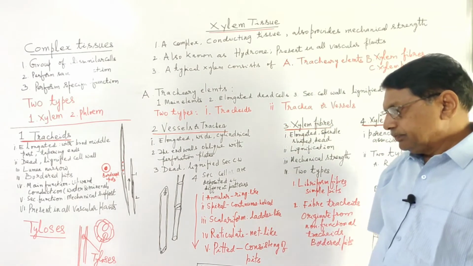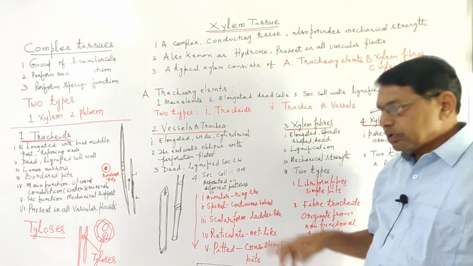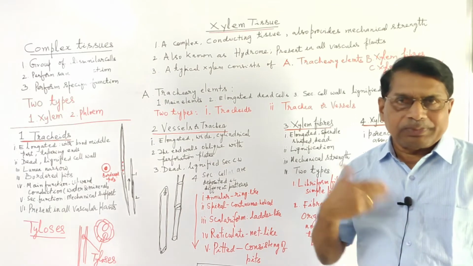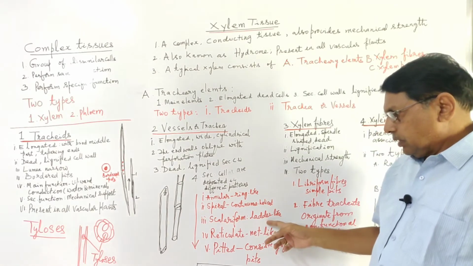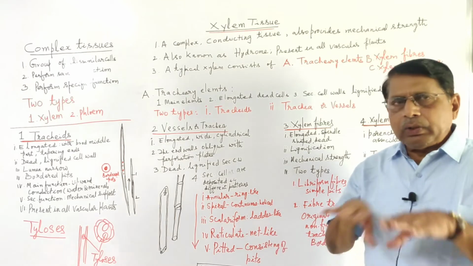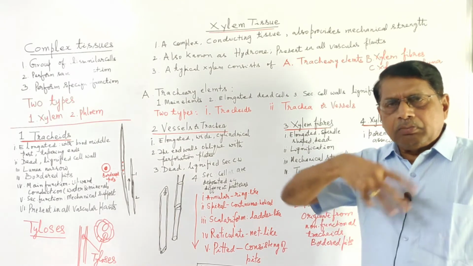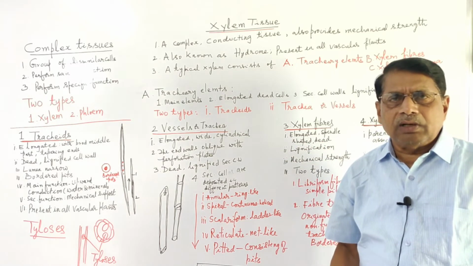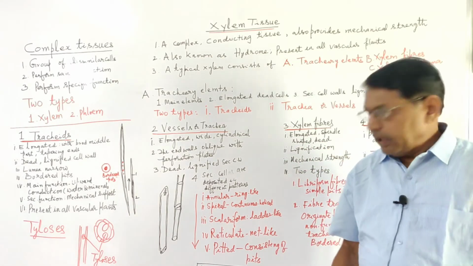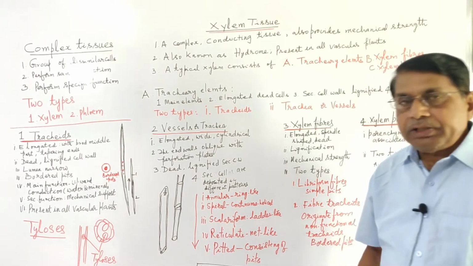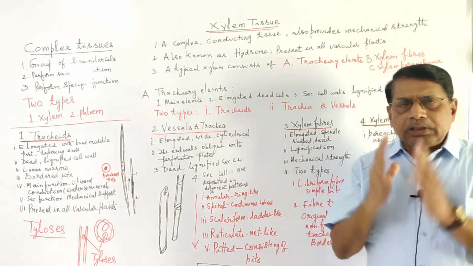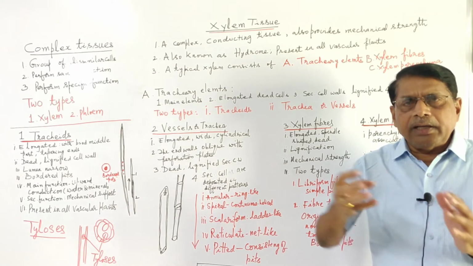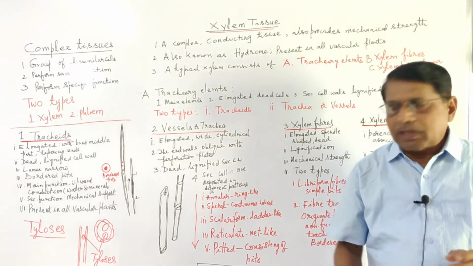continuous helical, scalariform, just like a ladder, one spiral connected with another, ladder-like, or reticulate, where most of the inner cell wall will be thickened with a secondary cell wall, and it appears like a net. Then pitted, the thickness of the secondary wall is very high, and here and there some pits are left out,